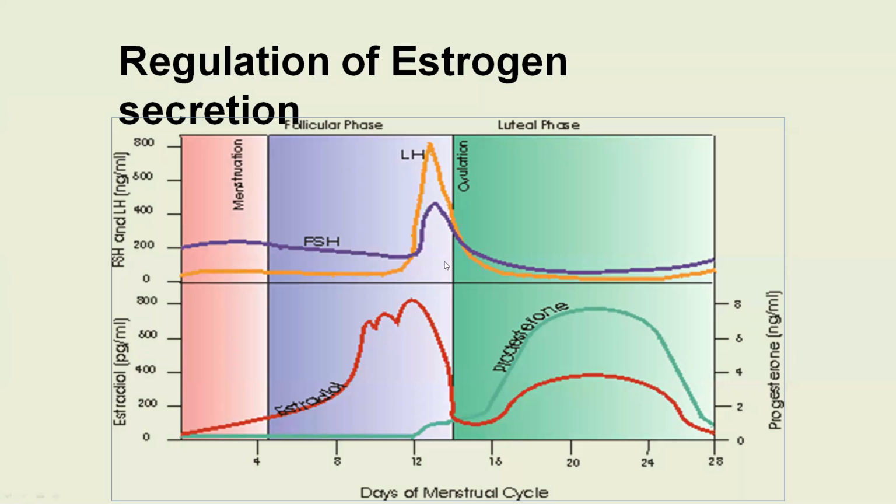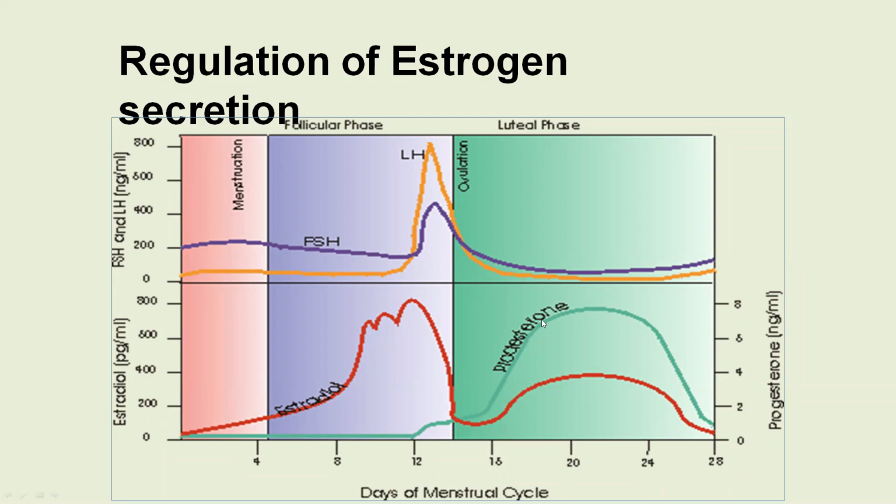So after ovulation, the Graafian follicle which has collapsed forms the corpus luteum. Under the effect of LH, this corpus luteum secretes estrogen and progesterone hormones, mostly progesterone. The progesterone and estrogen levels are increasing in the luteal phase of the reproductive cycle. This phase, which lasts from 14 to 28 days, we also call the post-ovulatory phase. Here the dominant hormone is progesterone, as the corpus luteum is secreting progesterone and estrogen.